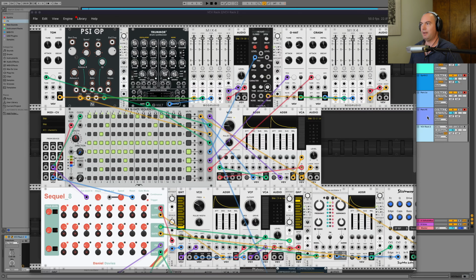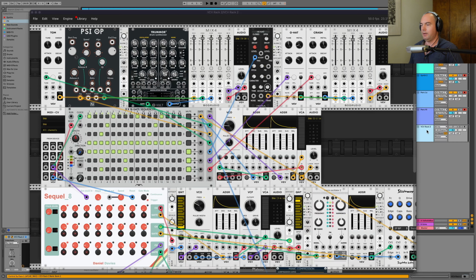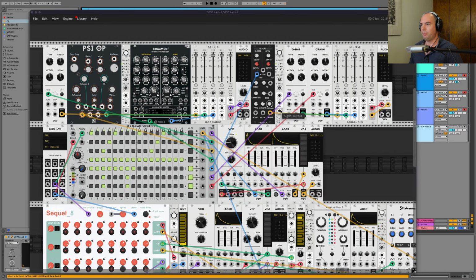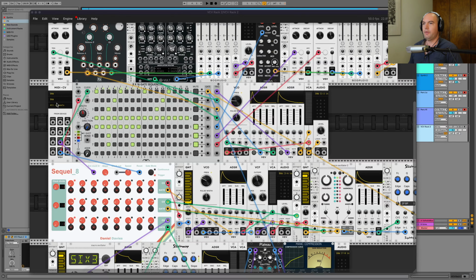First off, the Ableton Live set. There are several audio tracks here which have recorded the different outputs from VCV Rack 2, and then on this Midi track here there is one instance of VCV Rack 2. If we have a look at that, there's this huge patch and I'll go through some of the parts, what makes it tick. First off, it gets its Midi signal from this module here, and that then goes to a